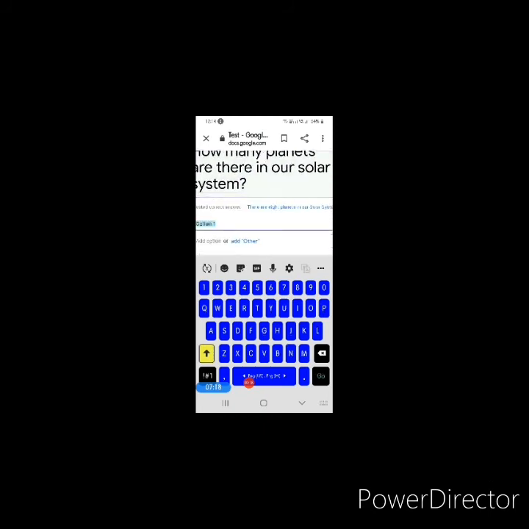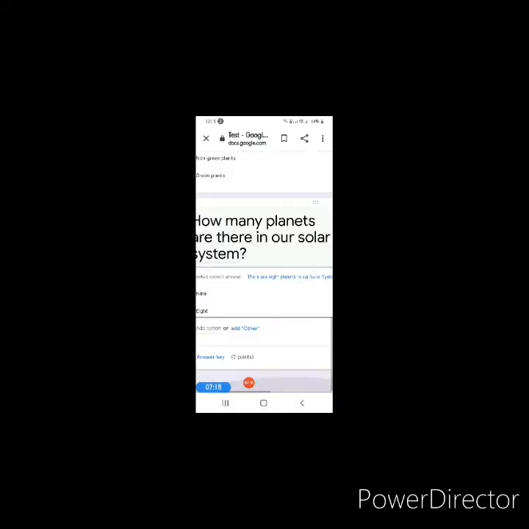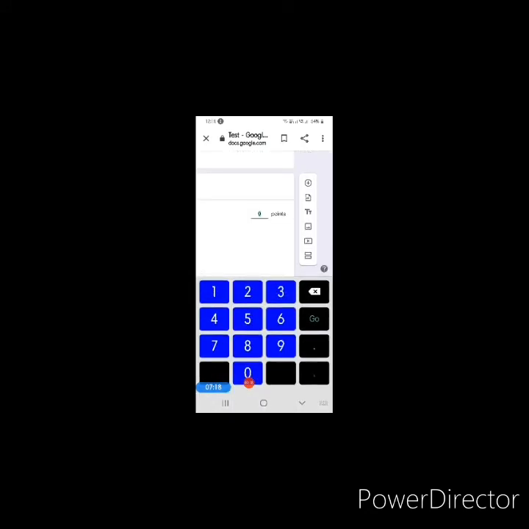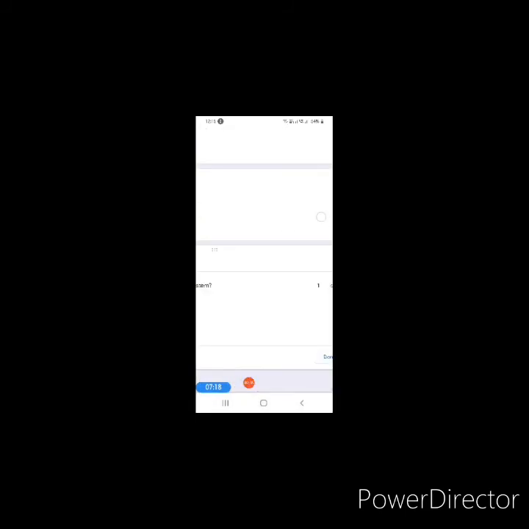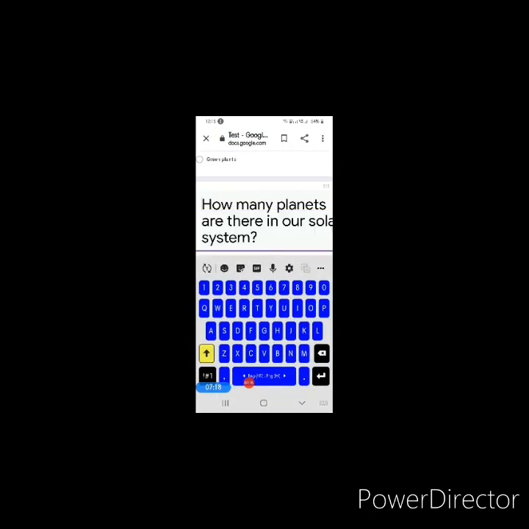The computer automatically gave me answers, but if I want to give options here, I can give as many options as I want, and I will select the answer key again. Points, answer key I have not yet selected, so I will select the answer as 8, and I will press done here,